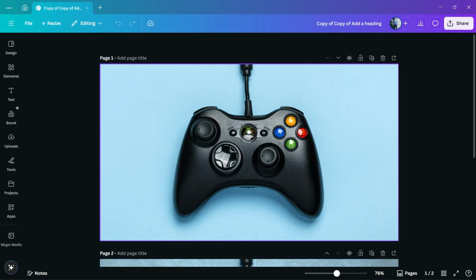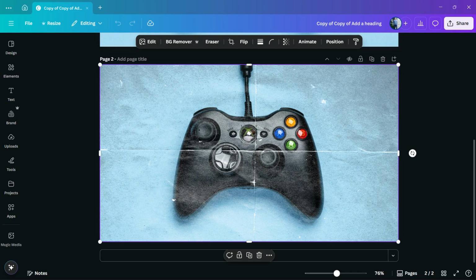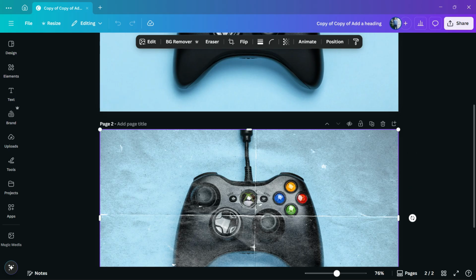What's up guys, it's Claudio from Visualmodo WordPress themes, and in today's video we're gonna learn how to turn this image into that image. Basically, you're gonna learn how to apply textures to your image using Canva,